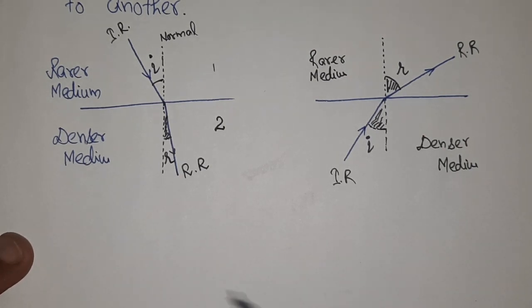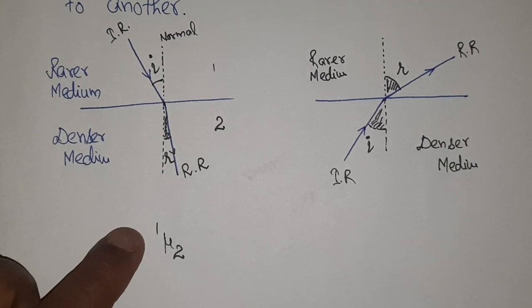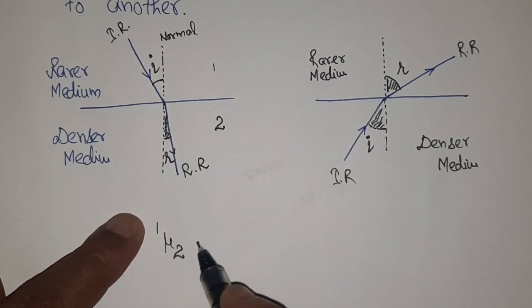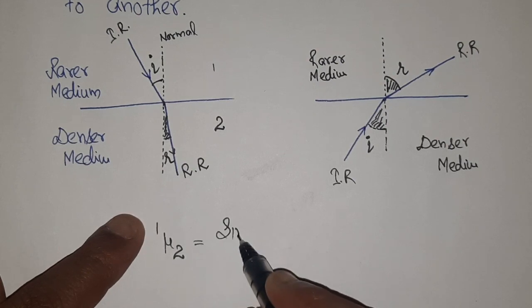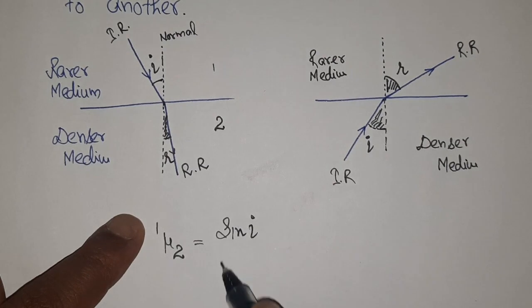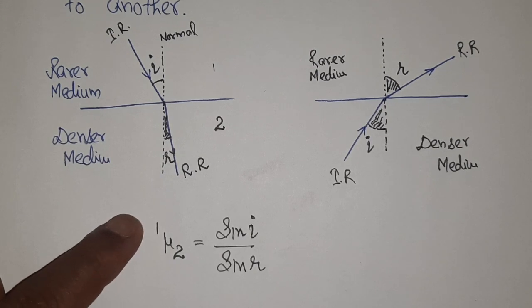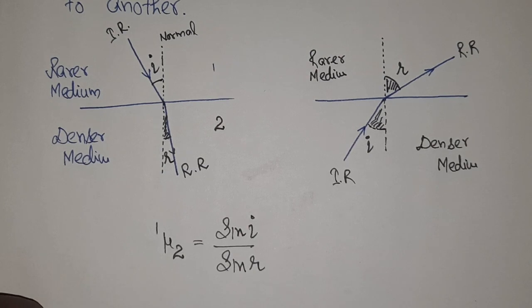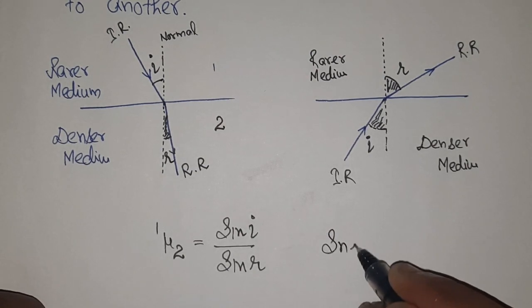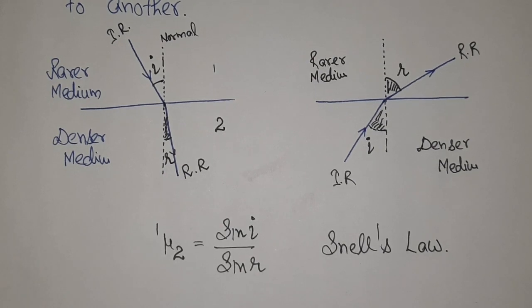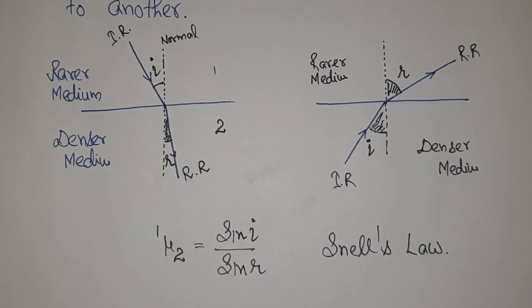In detail, we will be taking it afterward. 1μ2. Light is going from 1 to 2, so you used to write it 1μ2, refractive index of medium 2 with respect to medium 1, and you were writing it like this: it is equal to sine i over sine r. It's okay. और इस पर्टिकुलर सिचुएशन को हम क्या कहते थे, याद करो जल्दी से, स्नेल्स लॉ। यस, कुछ ऐसा सा डिस्कशन आपका 10th क्लास तक रहा है। ओके फाइन, कुछ इतना आप जानते हो।